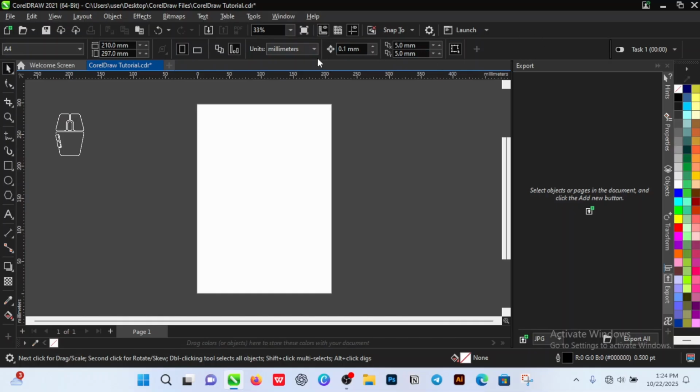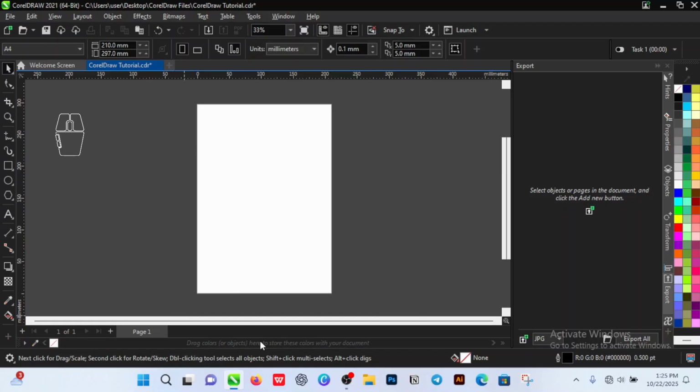Okay. Toolbox or the toolbar. So this is where you have the toolbox or the toolbar. These are the various tools that we will be using in the course of this tutorial or in the course of this project. On this side, you have your color bars. This is where you have all your color palettes where you can select colors. Then